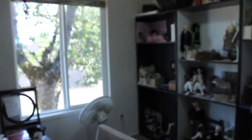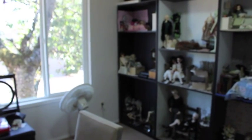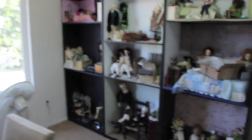Alright, so I've got a Japanese folding screen just sitting over here. When I work with this window open, I generally set the screen up, blocking the dolls off to minimize their sun exposure. And then when I'm not working in here, I just leave the blinds closed. But